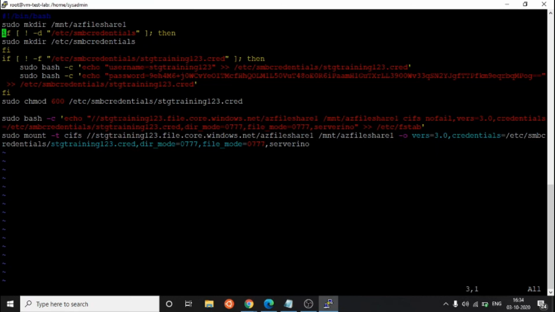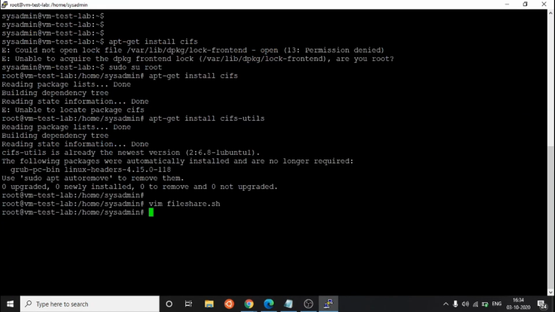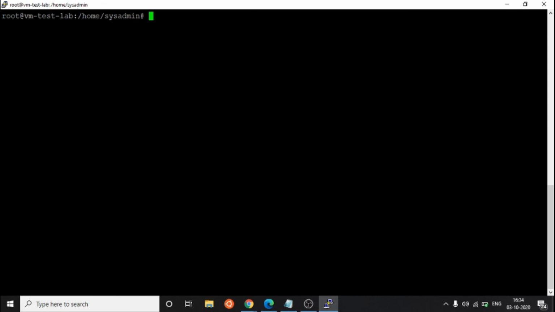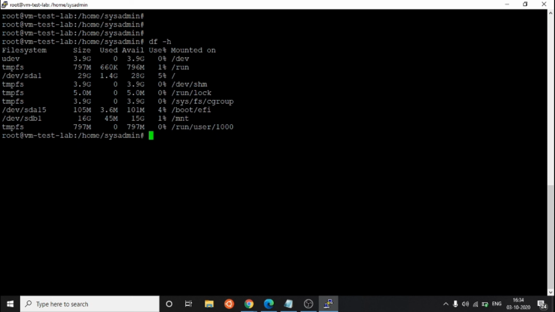Press Control L, it will clean your terminal. Now fire df -h. As we can see, there is no drive here, currently there is no drive.